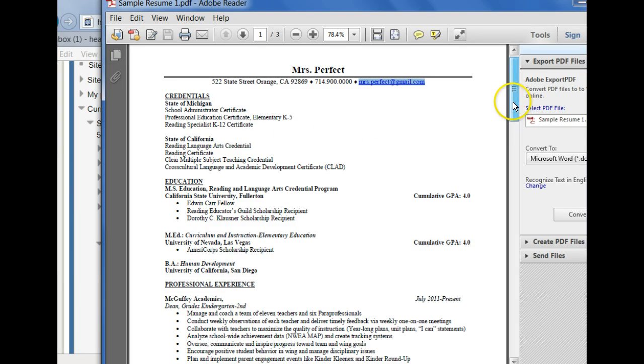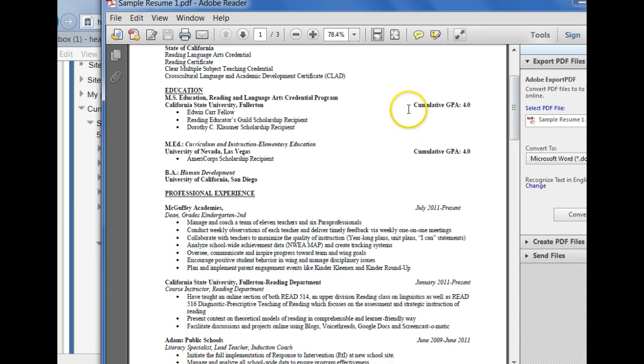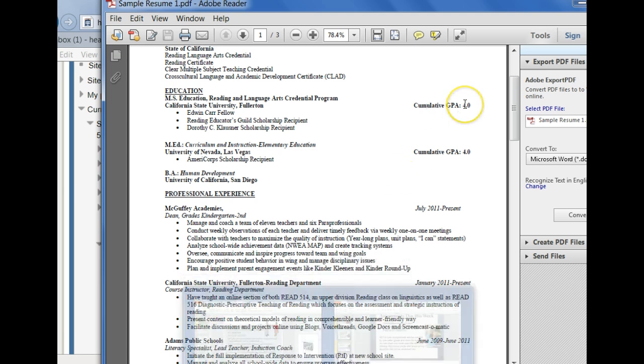Now, with your education, if you have a solid GPA, I would highlight that GPA. Sometimes people put their graduation date or their completion date. In the case of you completing this program, you may include expected completion date or anticipated completion date so they know when you're completing this program. There may be some limitations of including dates though. They may form a judgment on you, either that maybe you're too young for the position they're looking for or the reverse. So think about whether or not you do want to include dates.